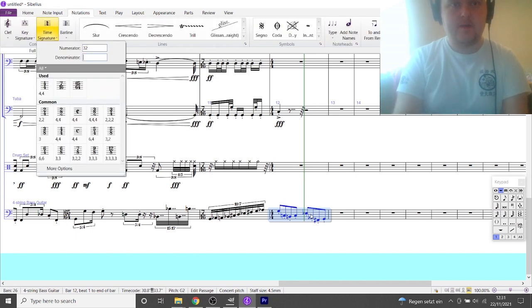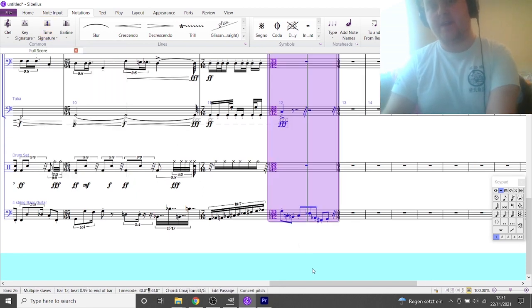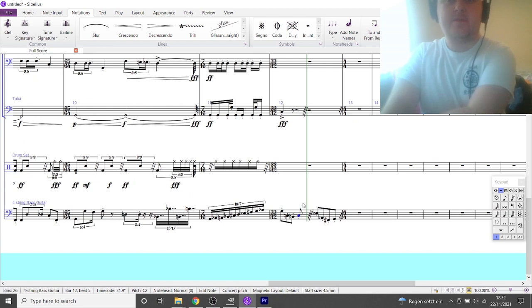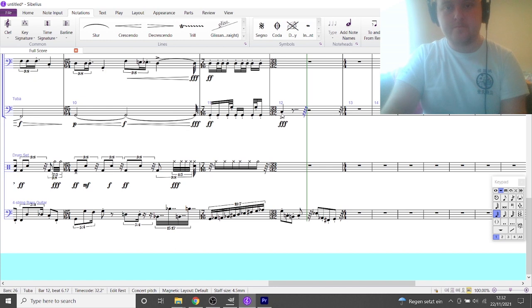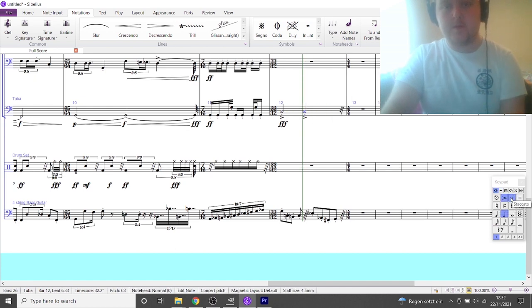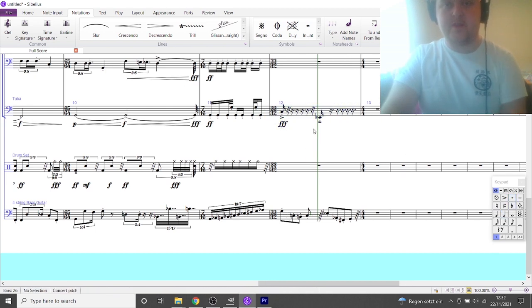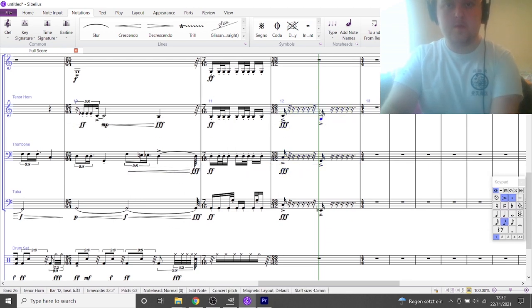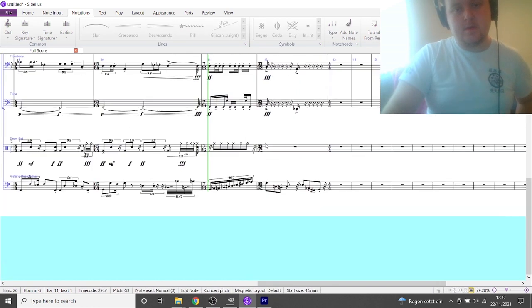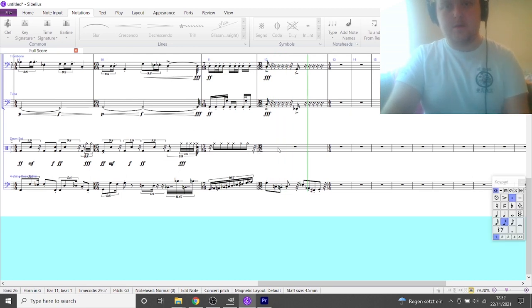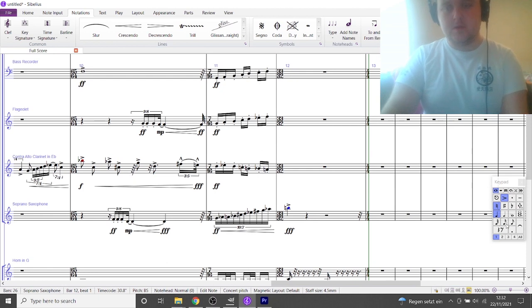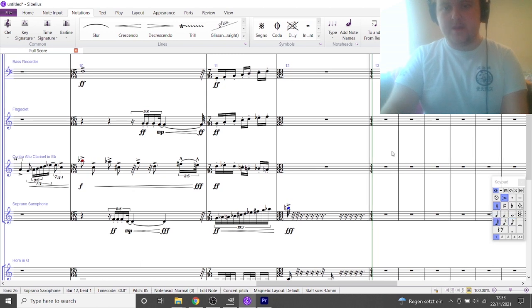And I think 33, 32. So I'm going to be splitting this bar into two parts. So there'll be a 64th note rest at the end of the fourth, after every four quavers. And that shouldn't affect this too much, to be honest. So then, if I do this,